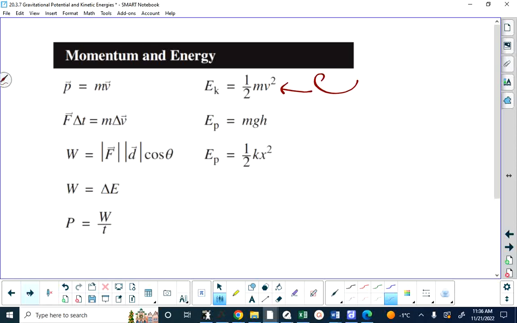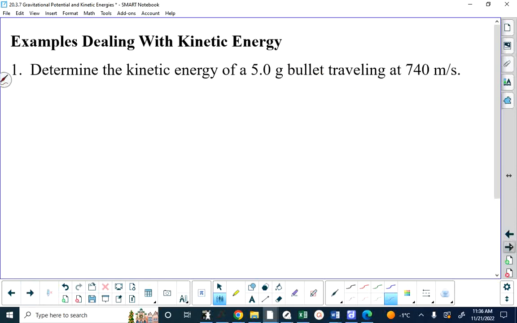Again, from Science 10 and junior high science, take a look at a couple of quick questions. What's the kinetic energy of a 5 kilogram bullet? That would be a heck of a bullet. 5-gram bullet moving at 740 meters per second. Well, it's 1/2 mv squared,